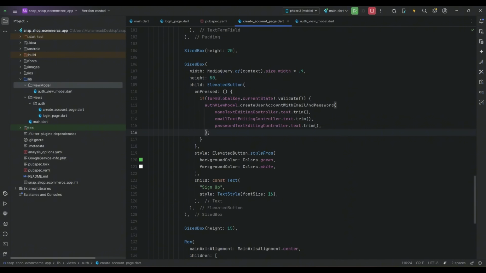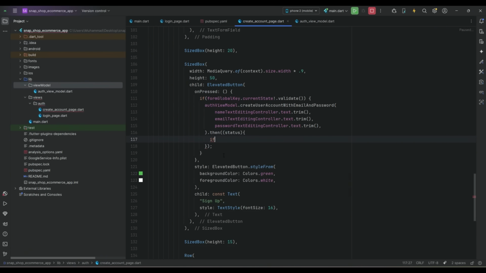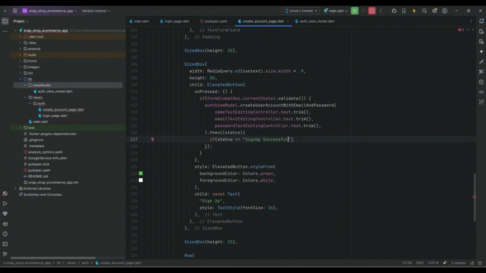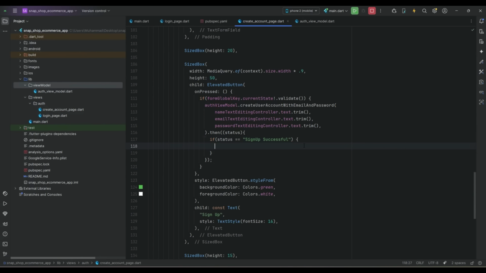And then we will check for the information, that is, for example, we will say .then, let's say status. So we will check if the status becomes equal to sign up successful. If the status is this one, it means that the logic executes successfully and the user account is already created now. So we have to display on the user interface to the user that your account was created